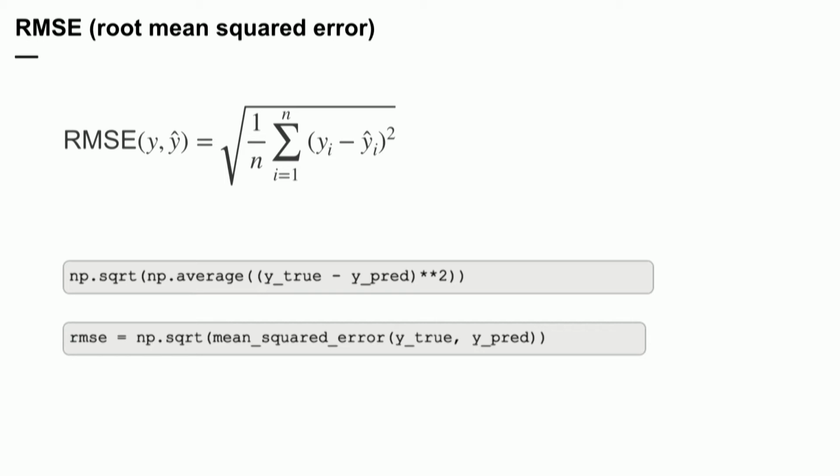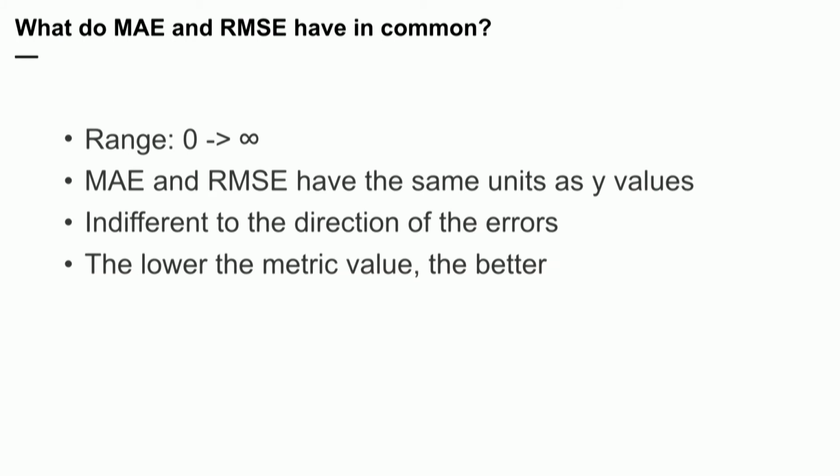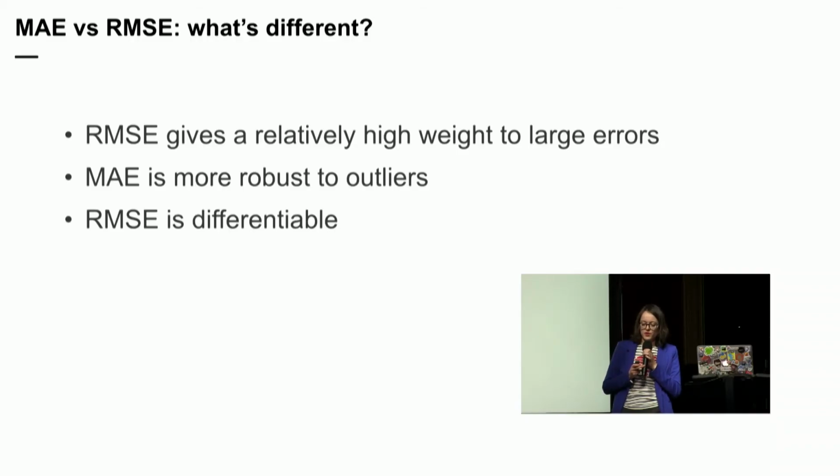What's the difference between them? The mean absolute error and RMSE have a lot in common. They both range from 0 to infinity. They have the same units as target values. They don't care about the direction of the errors. And the lower the metric is, the better. But there's a lot of debate about which one would be a better evaluation metric. So some differences between them is that RMSE gives a relatively high weight to large errors because the